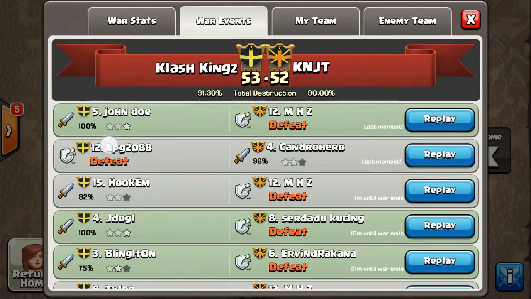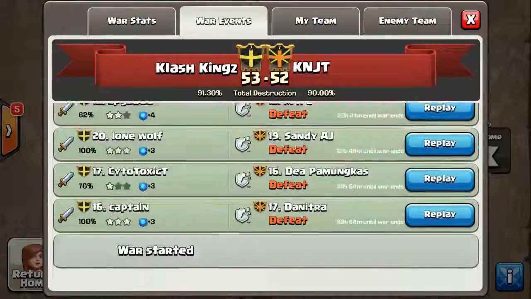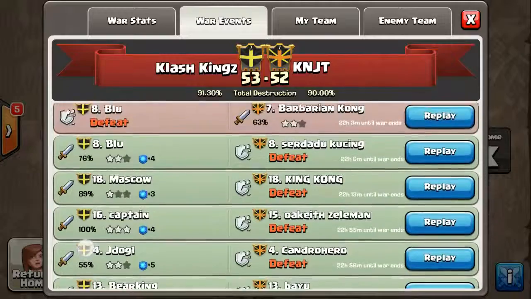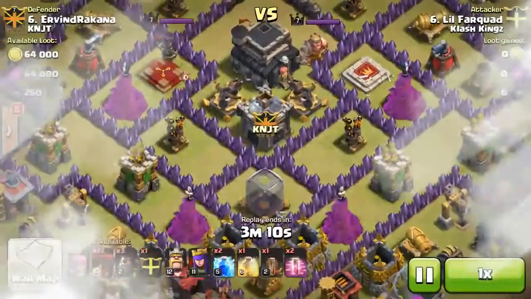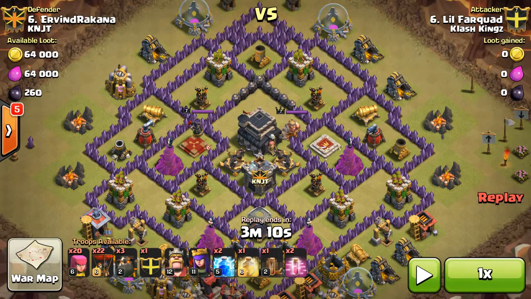I want to go over the one that I did, though, because I think that this is going to be the new attack strategy for Town Hall 9. Let's see here. Where is it? Here. Now, obviously I didn't get 3 stars on it, but I want to go over this attack